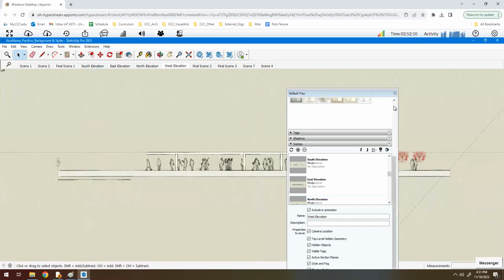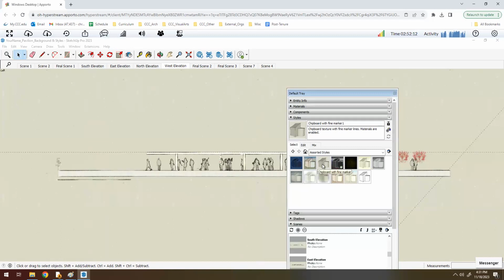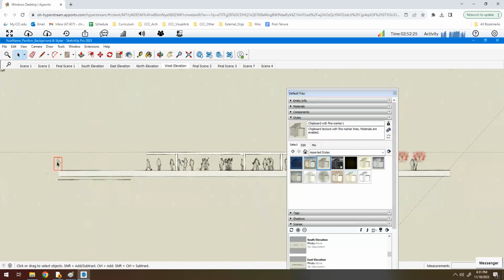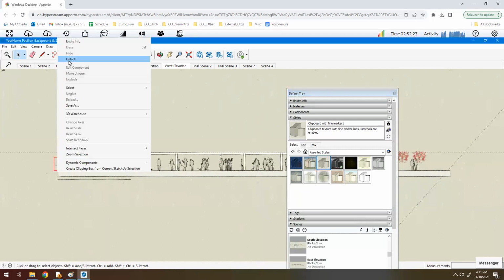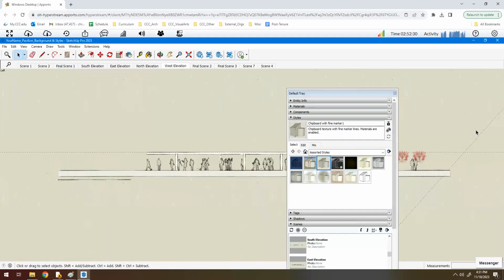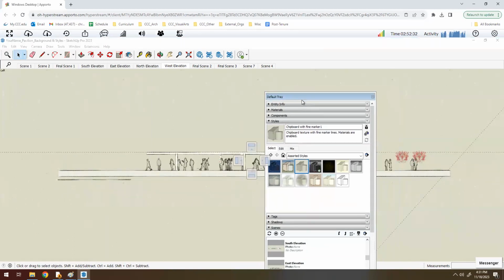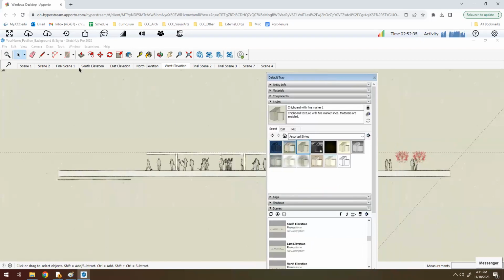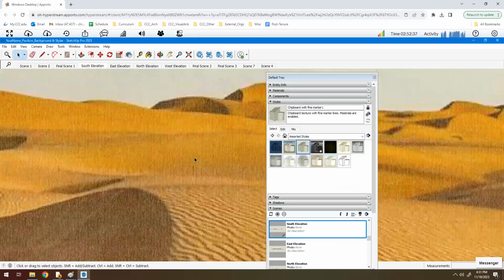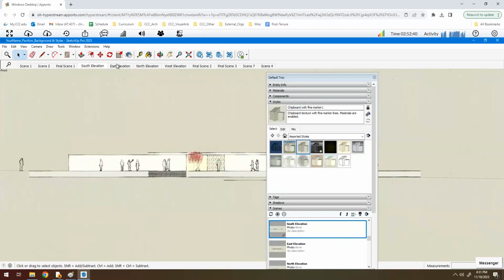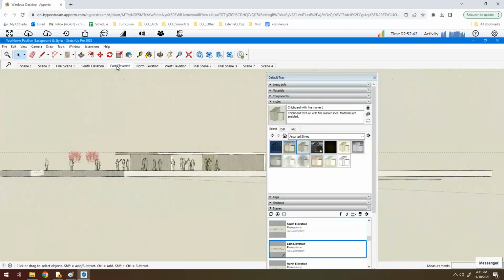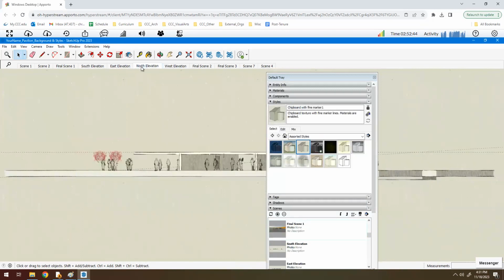And I just want to double check. I don't think maybe I didn't change I guess it did. All right, just want to make sure that the elevation style is the same for all of them. Now, I just noticed that I have this tree that's sitting here. It's locked. I'm going to unlock it and I'm going to delete it. I just want to have those trees that are those sort of red color there. So we have south elevation, we have the east elevation, we have the north elevation